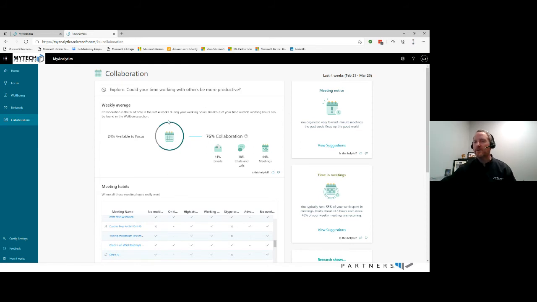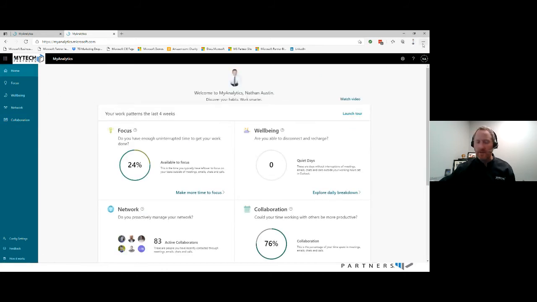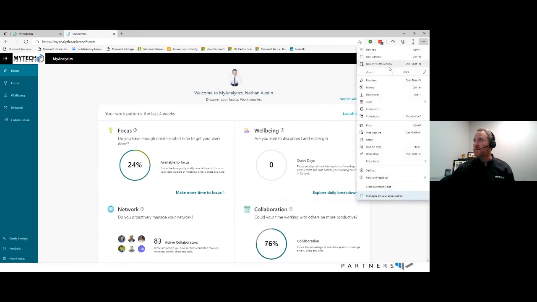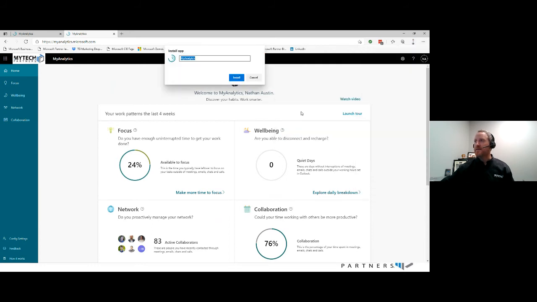The last thing I'll show you here is, if you happen to have the Edge browser, instead of having to go to office.com and install MyAnalytics, one of the little tips that I like, if this is something you plan on using on a regular basis, is to come up to the little breadcrumbs up here, and I'm actually going to do this. I'm going to go down to apps and install this site as an app. So I'm going to take analytics and MyAnalytics. Yep, I'm going to install it.